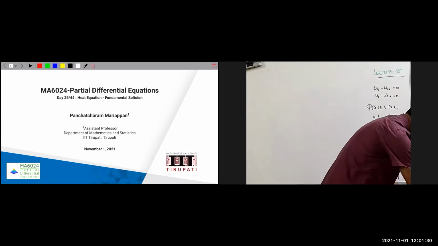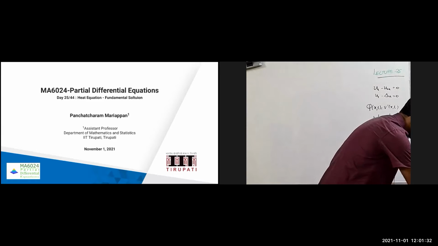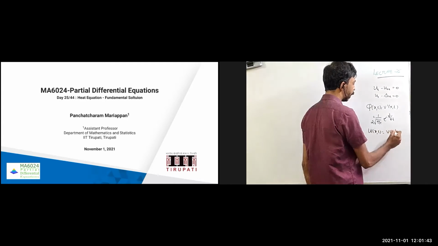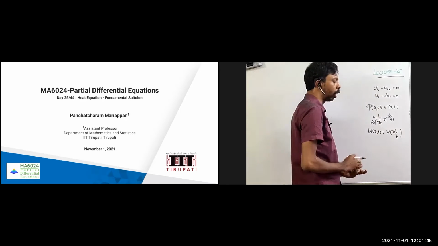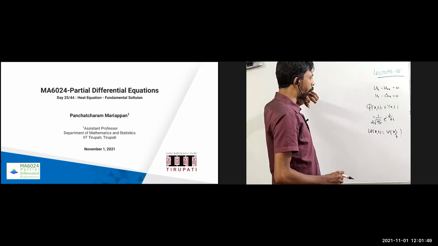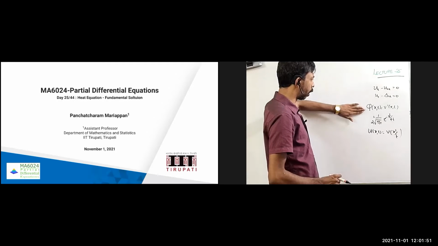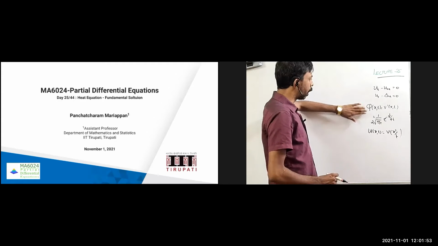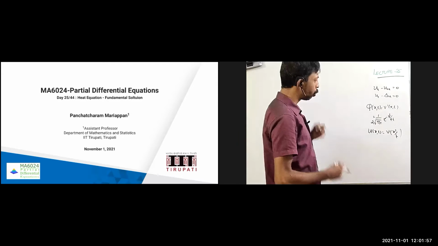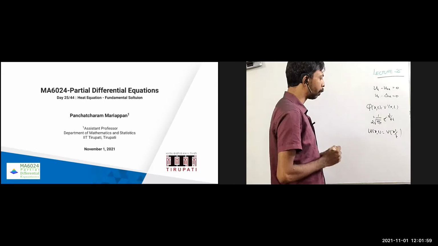So how did we obtain this V of x comma t? I used this formula in the last class: V of x comma t is equal to V of x square by t. I substituted, and then I tried to convert the problem into an ODE problem. In that ODE problem, we tried to solve the problem. We obtained the solutions by various assumptions, that phi of x comma t is going to become V dash of x comma t, and then we obtained this one. Now, using this one, we are going to construct a solution called the fundamental solution.